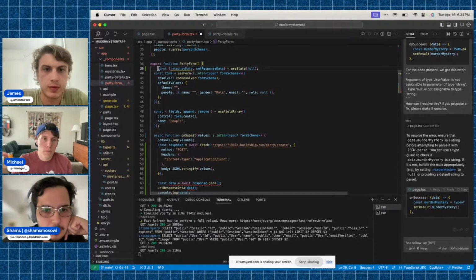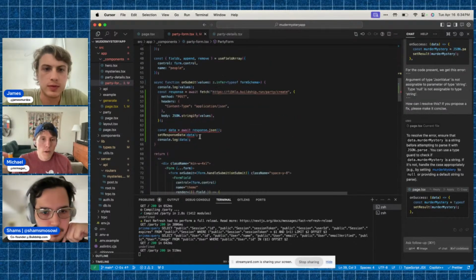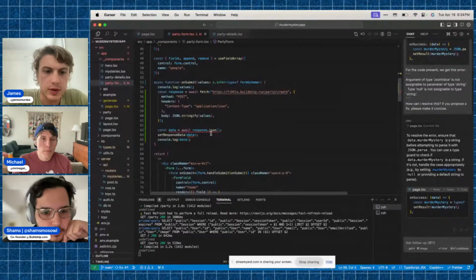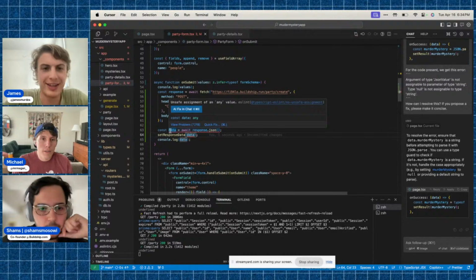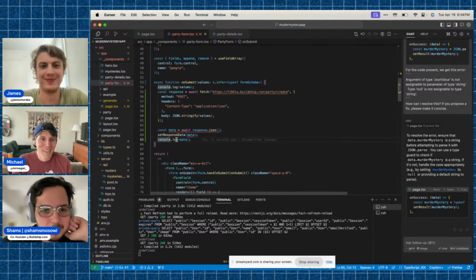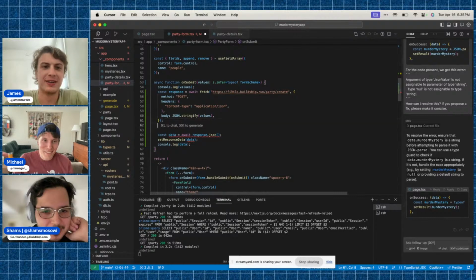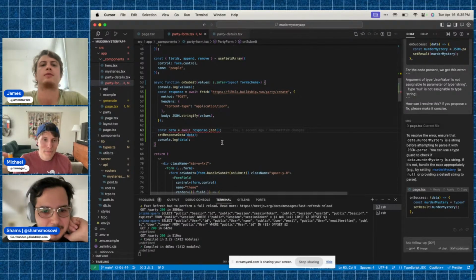And then you can set it. Why does it not like this? I think it's just TypeScript. That's just TypeScript. Just for the sake of this, I'll figure it out later, but actually it should be fine. It'll run. Yeah.